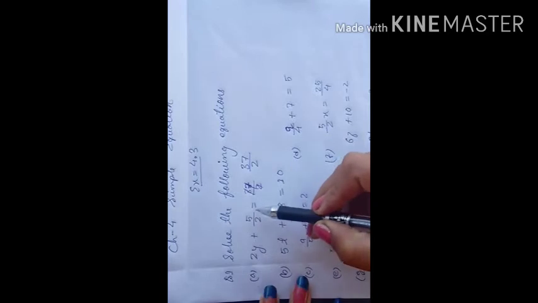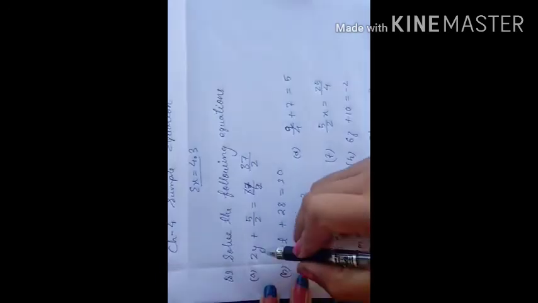Here I will cover exercise 4.3, question number 1. Solve the following equation. So we are solving an equation, isn't it? So what is an equation? Where there will be equality with variables, means with some variable. An equation is equality with some mathematical expression. You can see these are mathematical expressions, and this is equal, the equality. This is called an equation. Without equal, it is not an equation.